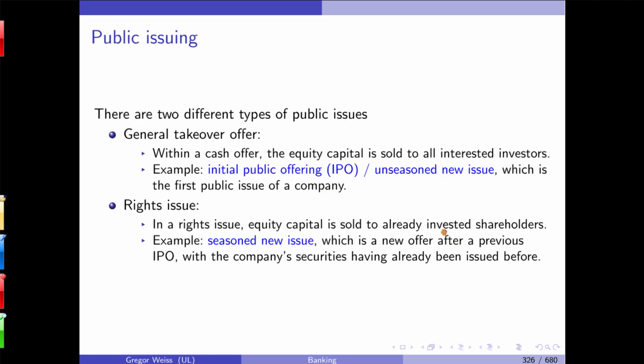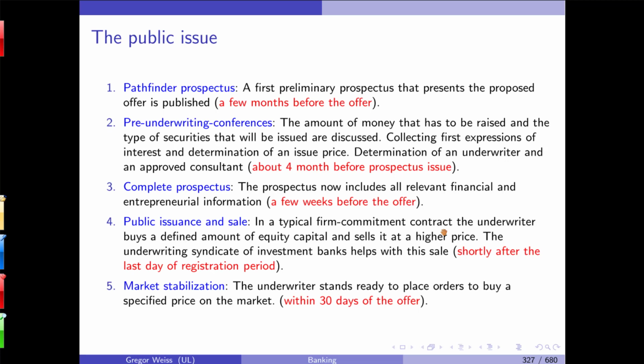Now, an IPO is a public one, an initial public offering, or an unseasoned new issue. Any subsequent one is called a seasoned equity offering or a rights issue. It's a seasoned offering. And investment banks advise and help clients, they can do this at every stage of the